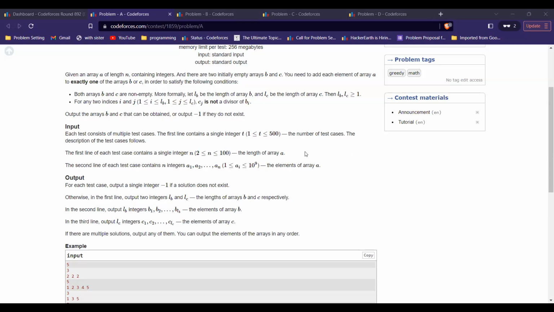So I think the problem statement should be clear to everyone, right? Is there any doubt regarding the problem statement? Is there someone who couldn't understand the problem statement? Okay. So basically,